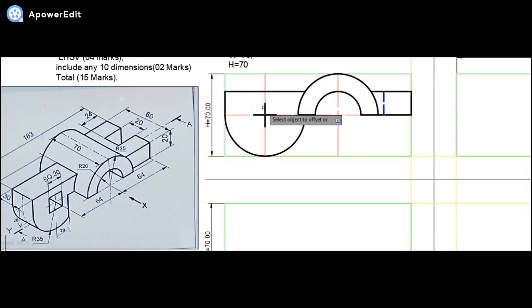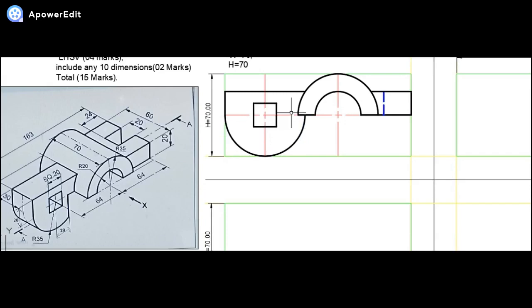From here at a distance of 10 each, here at a distance of 10 each, and even these lines at a distance of 10 each, like this, and even this line at a distance of 10 each. So once I'm done, I got these particular parts. I can simply erase the parts that we don't require. So we have deleted this.